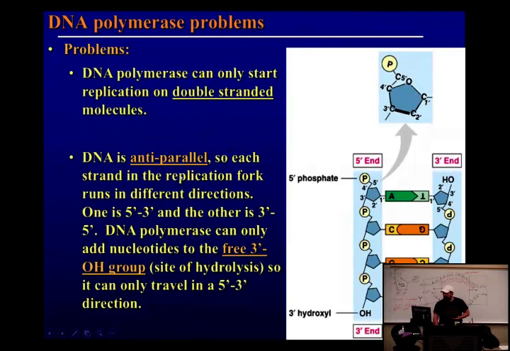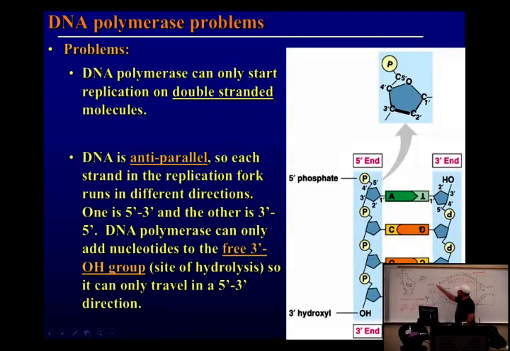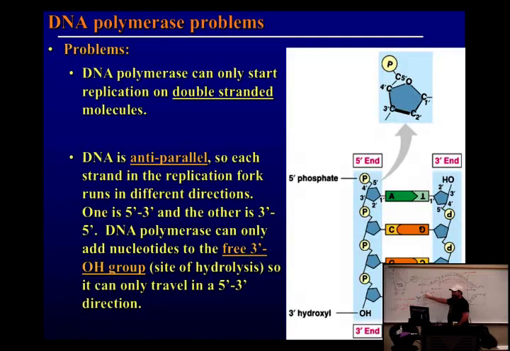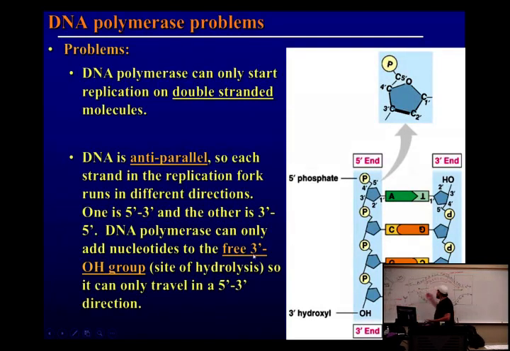So remember that we talked about this. DNA is antiparallel. That means that one strand is 3' to 5'. The other one is 5' to 3'. And that presents a problem because you can't replicate DNA only in one direction, which I think you guys get. Because there's only one free 3' OH group on a primer. Does anyone have any questions about this and how DNA can only replicate in one direction?